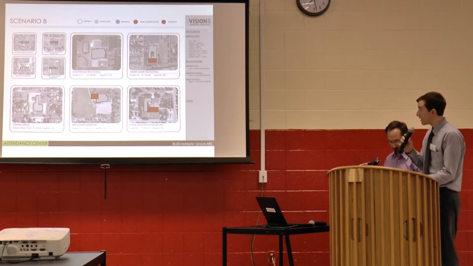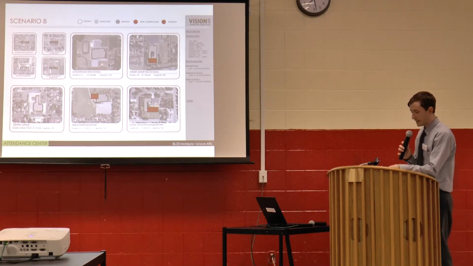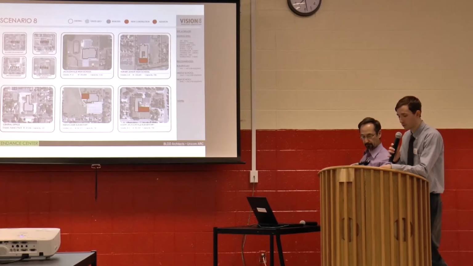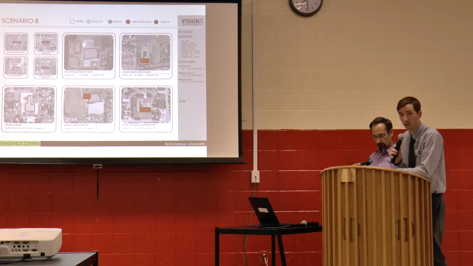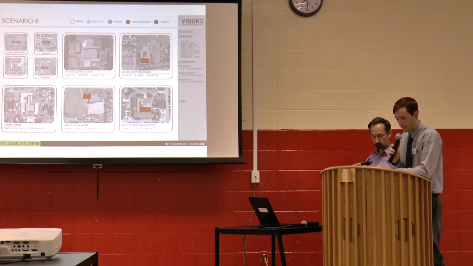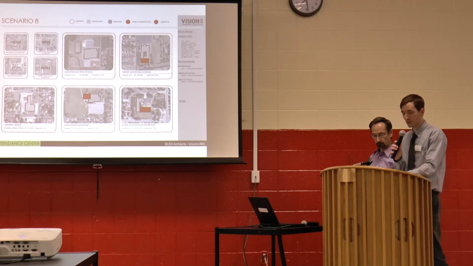All right, scenario 8. In this option, the high school would receive the physical needs work and 21st century work. At Turner, it would be converted to a 6th through 8th grade facility with an addition, physical needs work, and 21st century work. Eisenhower and South would also receive additions, physical needs work, and 21st century upgrades. This would allow Eisenhower to be a 3-5 facility and South to be a K-2 facility. And then the physical needs work at central office would allow it to house the pre-K. The remaining elementaries would be retired.